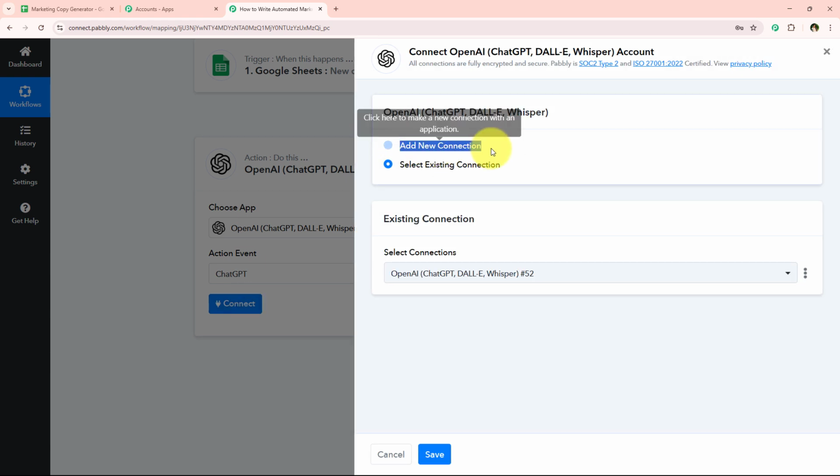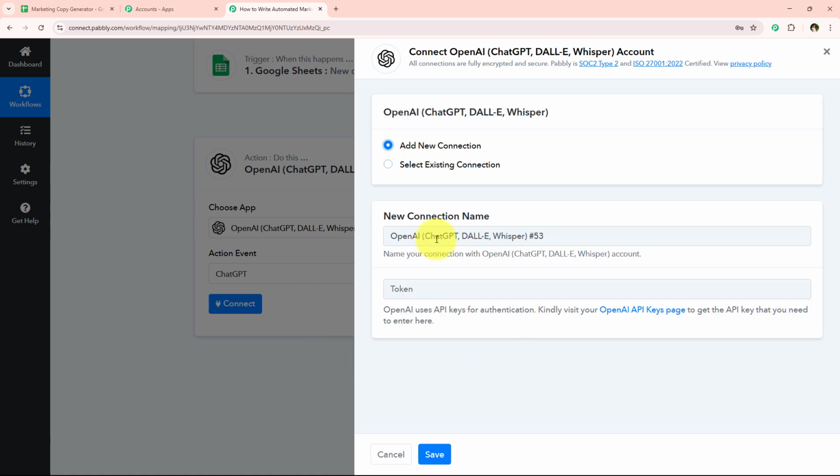And now it is asking me to add a new connection or select an existing connection. So if you have already connected your OpenAI account with your Pabbly Connect's workflow, you can simply click on this select existing connection and then save. But if you haven't, you have to follow me, click on add a new connection, and now it is asking